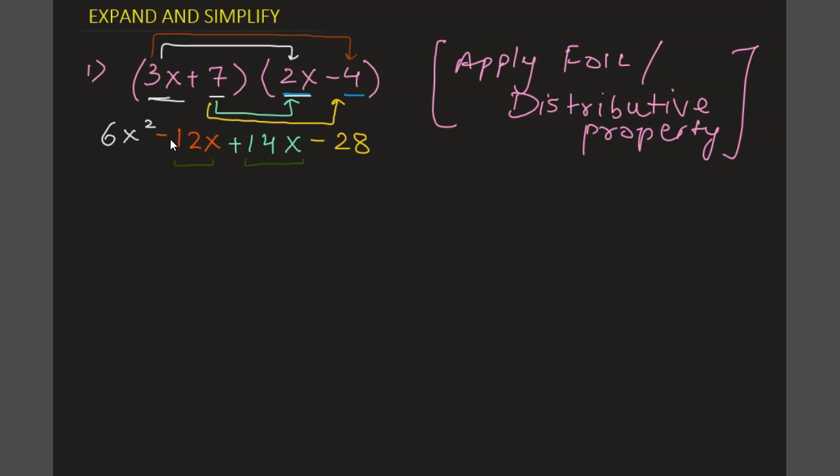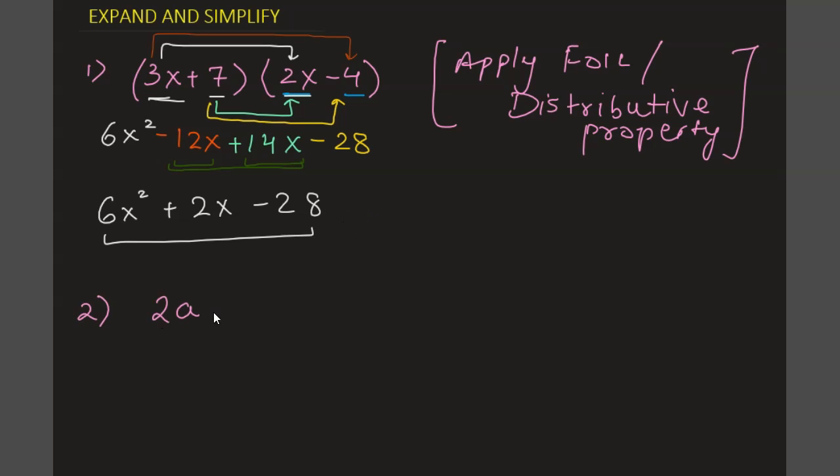We see here that we have two terms with the same x value. So these are called the like terms. You can collect these like terms together. So our final answer will become 6x squared, minus 12 plus 14 is a plus 2x, minus 28. And this is our final answer. Similarly, let's solve another problem. Let's say we have